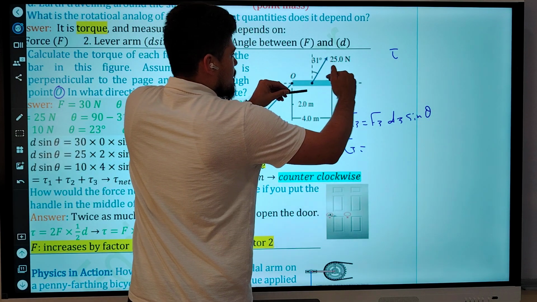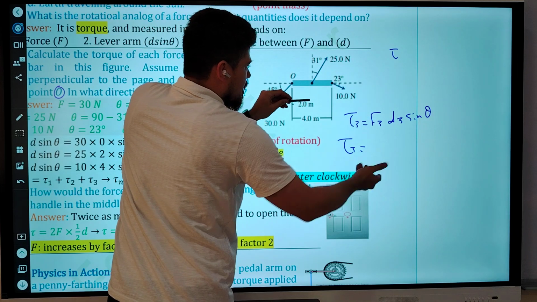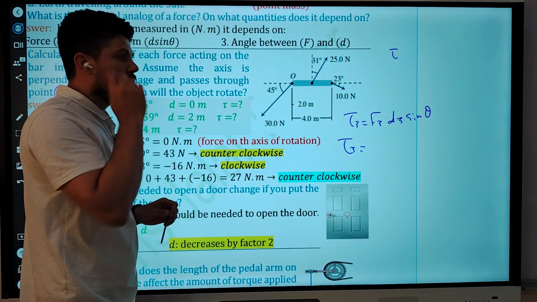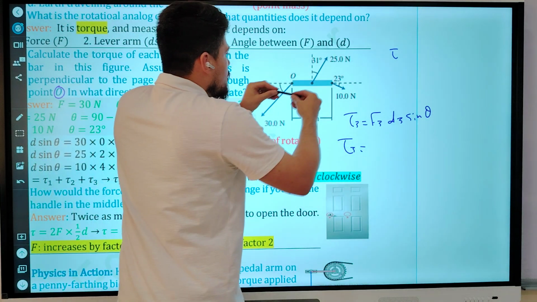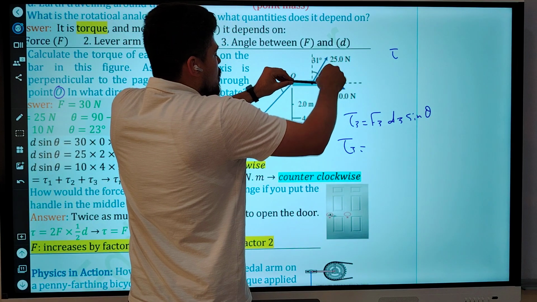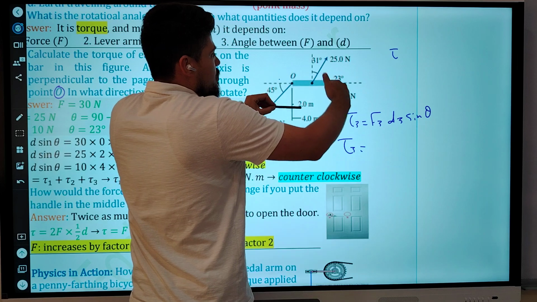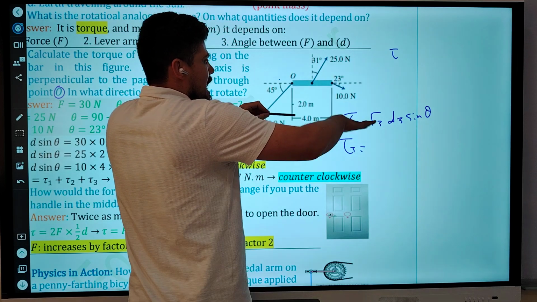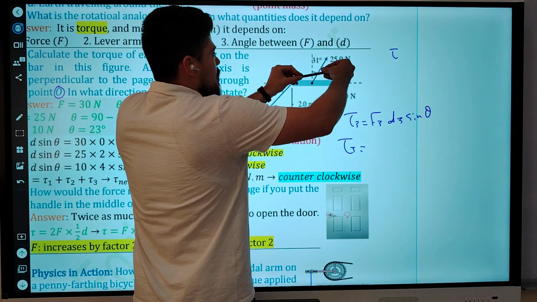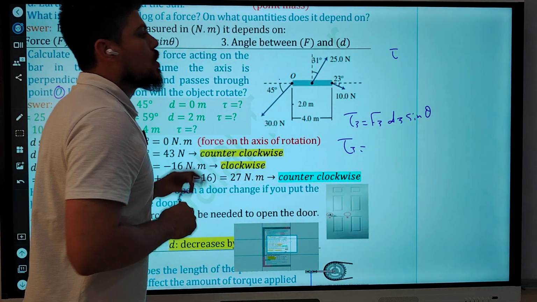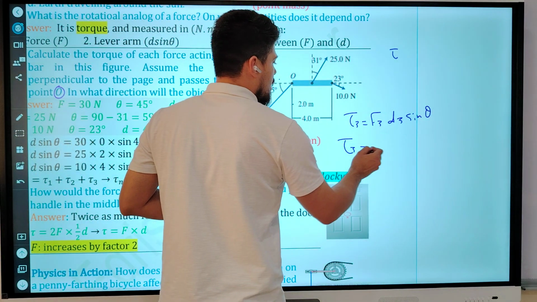F3, because this force is downward in a tilted angle, that is why the beam is rotating in the clockwise direction. How did you find the direction of the beam according to F3 when 10 Newton? You have to say, because when the force is downward in a tilted angle, this rotation is going to be what? Clockwise direction,